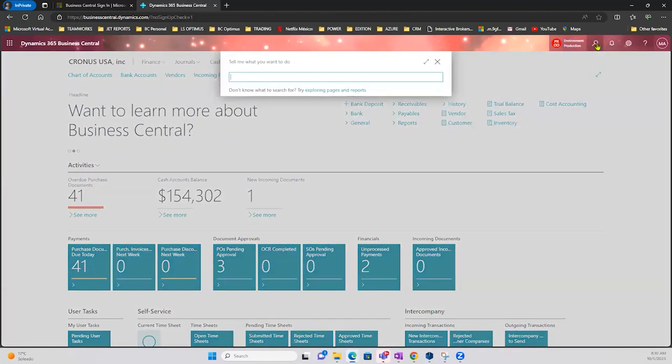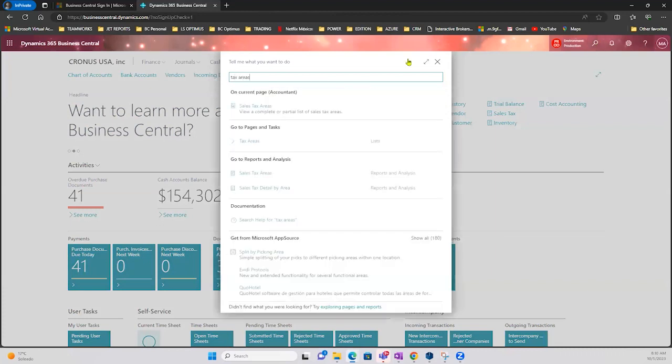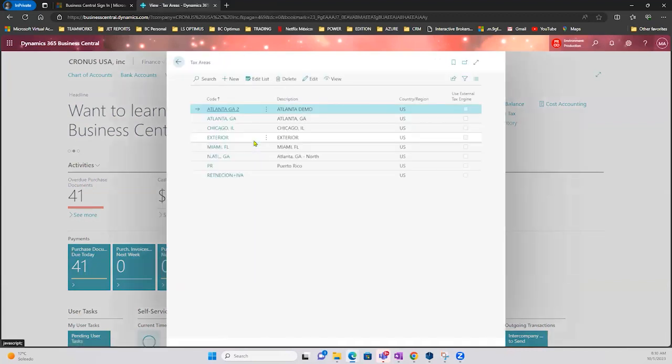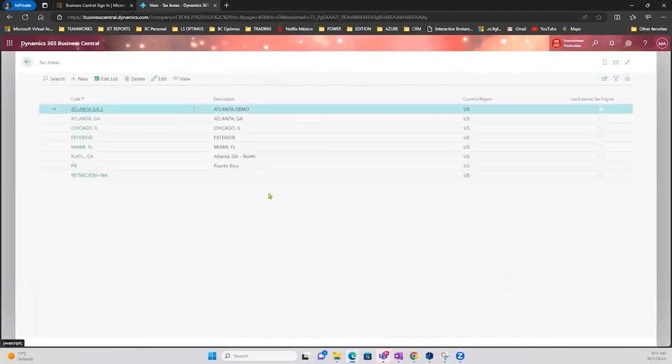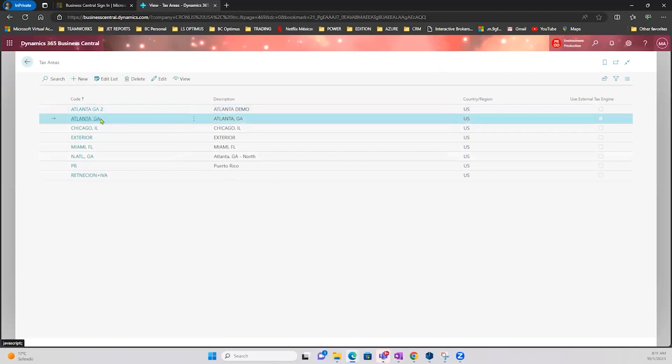And then what I'm going to do is check the tax areas so you can see what I'm talking about. In the tax areas is where I'm going to be configuring the actual calculation that actually will be dedicated for specific vendors and customers. Let's just take a look. So I created two Atlanta tax areas. So if I take a look at Atlanta, Georgia,